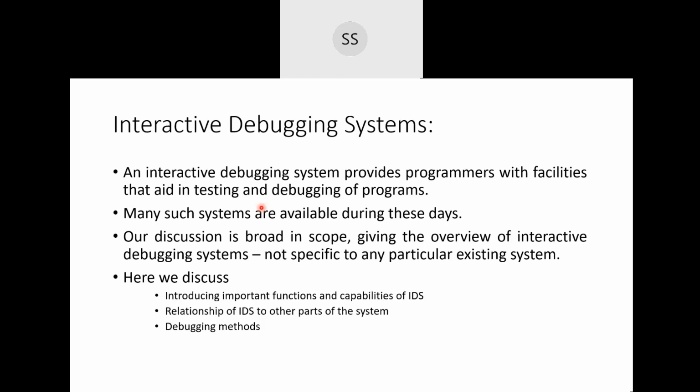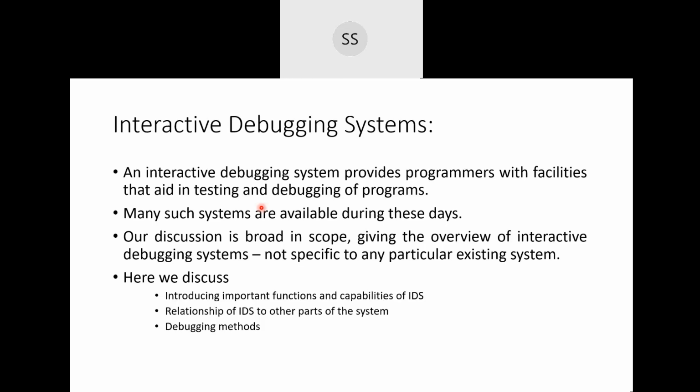Now, while you perform testing after writing a program, you will find errors in it, isn't it? Finding out what the errors are is what is called debugging. You're trying to find the error and you're trying to rectify that error. That system is said to be called debugging. Many systems are available these days which are meant for debugging. It is a very broad topic, so we'll not be going for a particular system, we'll be just generally talking about this interactive debugging system.